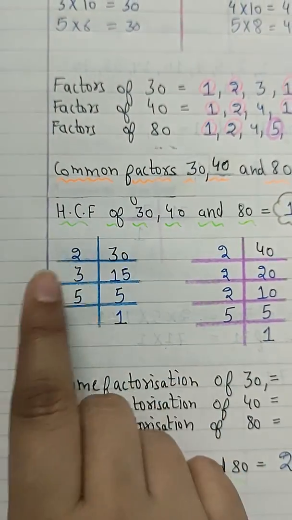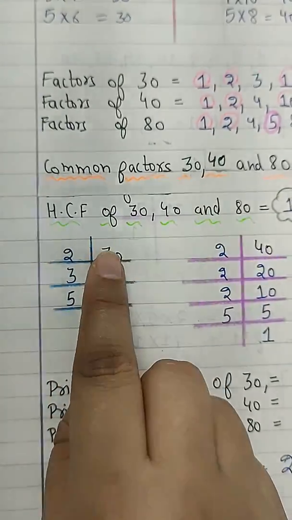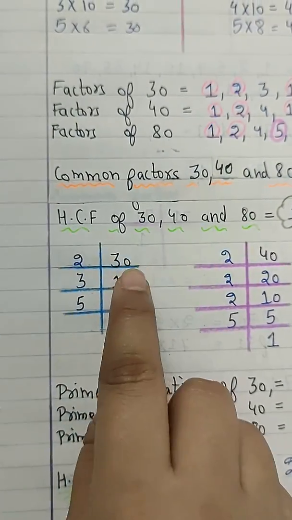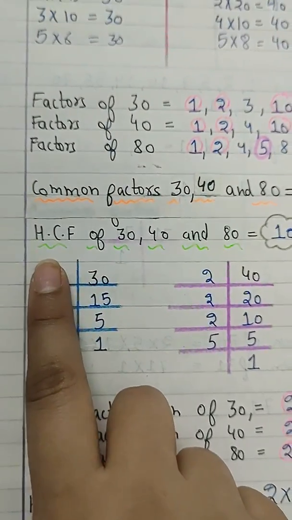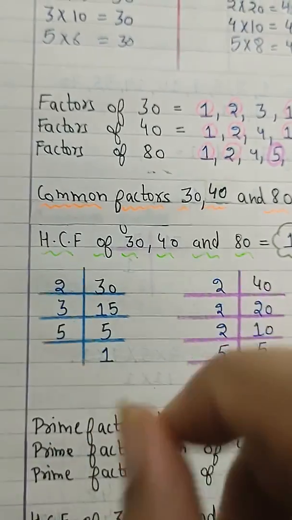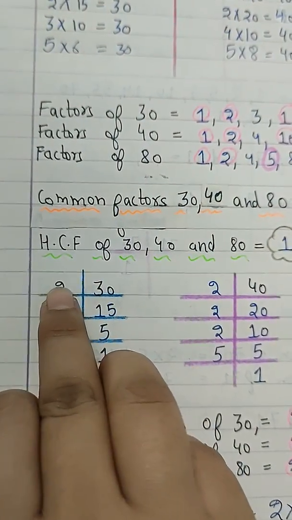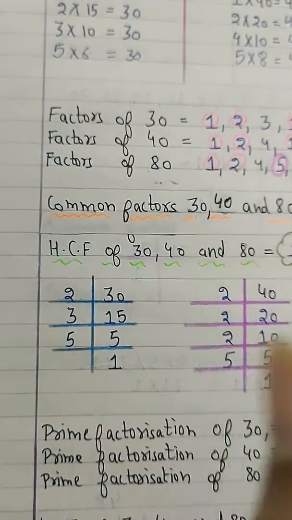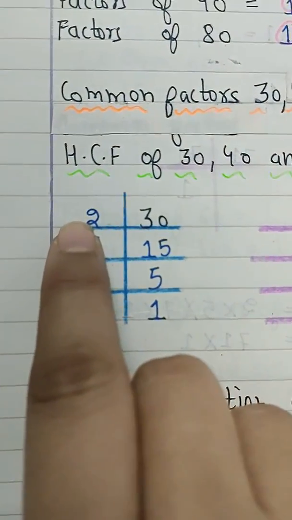Again we are going to start with the smallest prime factor. We have to check: the smallest prime factor is 2. 30 has 0 at the last, so it will be divisible by 2. If you write 3 above, I don't have any problem, and it is also not wrong. If you think 30 and 3 is the prime number, you write 3 here, no problem beta, that will also give the prime factorization, right? No problem in that.